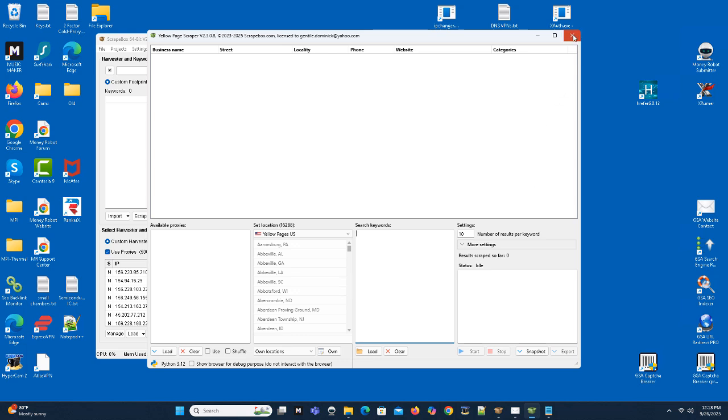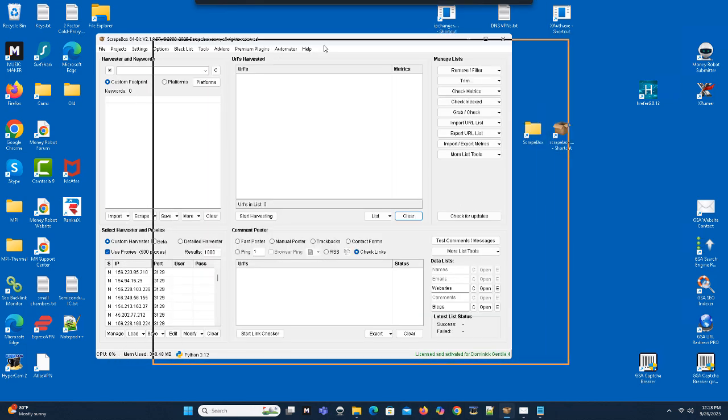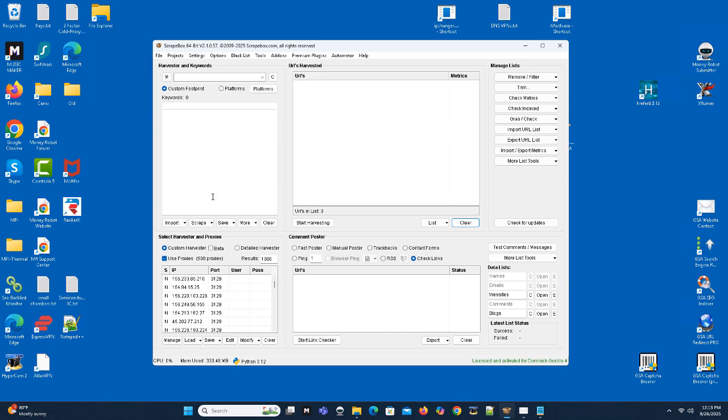Okay. Now, likewise, we can do the same thing with Scrapebox by using the merge feature. Let's take a look at that. Now, in the same case with the Yellow Pages plugin and with this approach, you're not going to be using a ton of keywords. You want to keep it down to no more than 4, because what's going to happen is, look, if I want to scrape all of